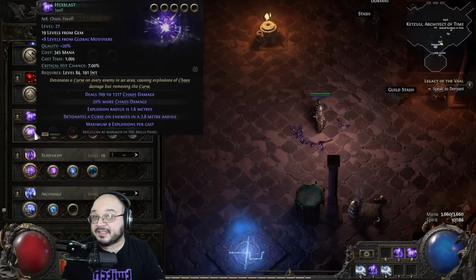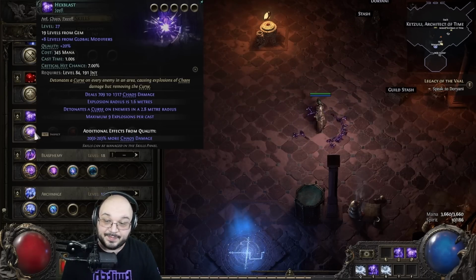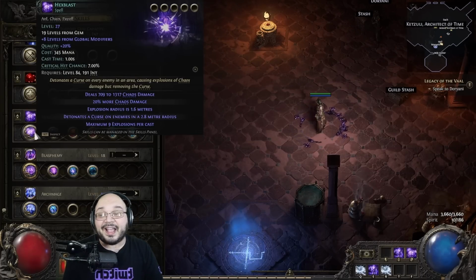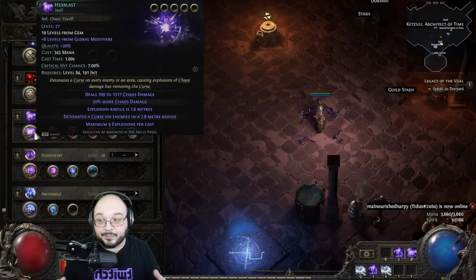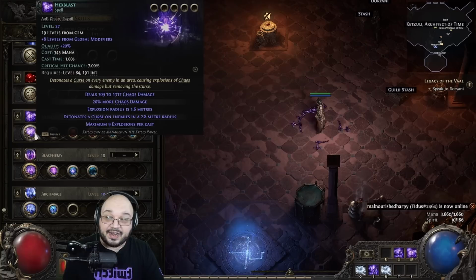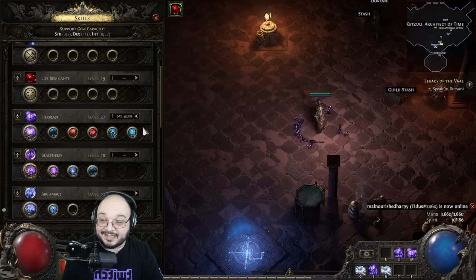Well, Hexblast deals a bunch of chaos damage, and then when you quality it, it deals even more damage. It detonates a curse on an enemy within 2.8 meters. That curse explodes, dealing a metric ton of damage, and we get beautiful, beautiful damage all around. You see right now our Hexblast is level 19 with +8 from global modifiers. It's dealing a whopping